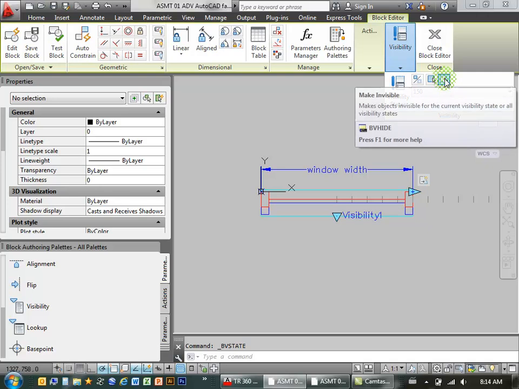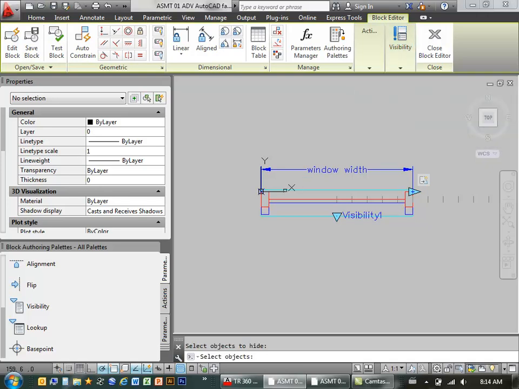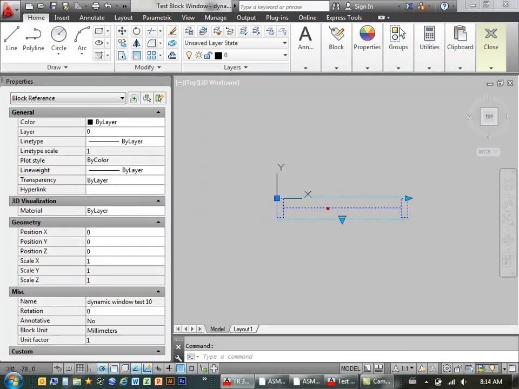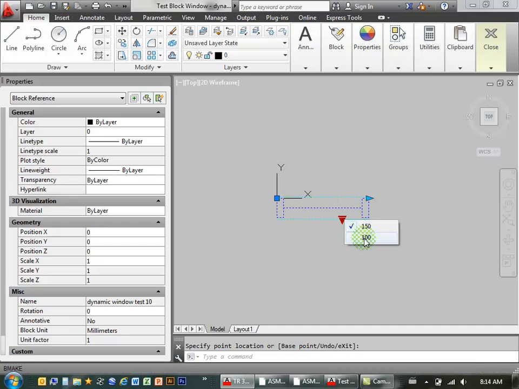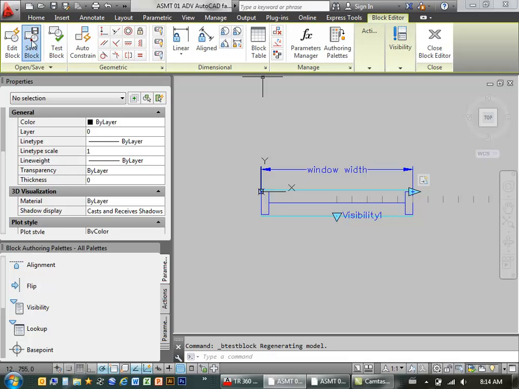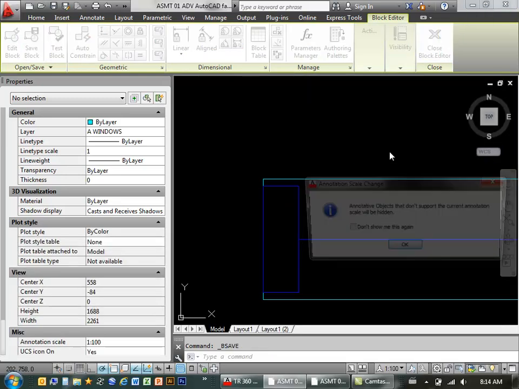So now I'll click on the Make Invisible button, and I'll select the shorter window jams and the glazing line and hit Enter, and they'll disappear. And now I'll just test it out. I'll be able to click on that window, stretch it, click on the visibility option here, and just shuffle back and forth between the 100 and the 150. And I close the test block window. I'll save the block, close the block editor,